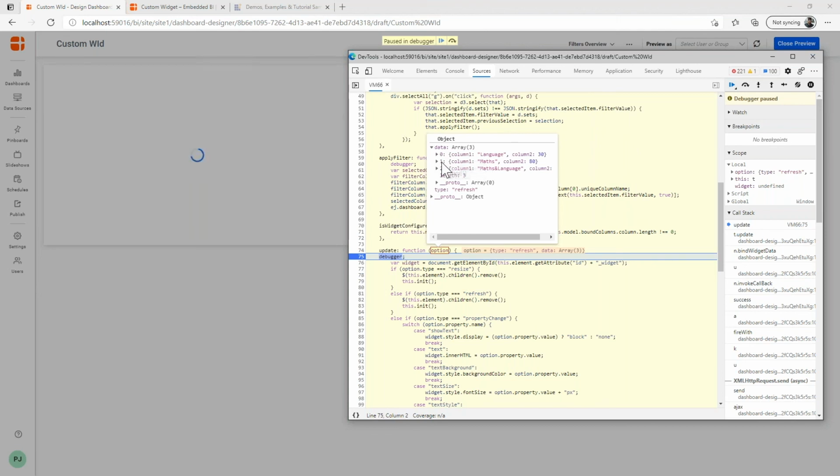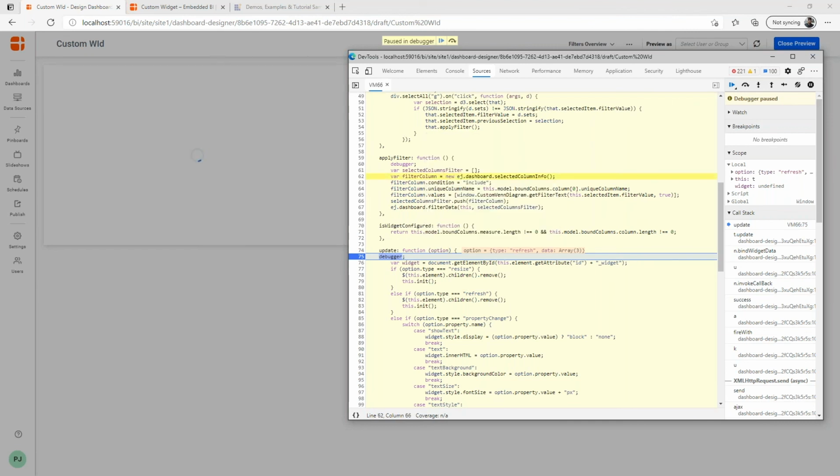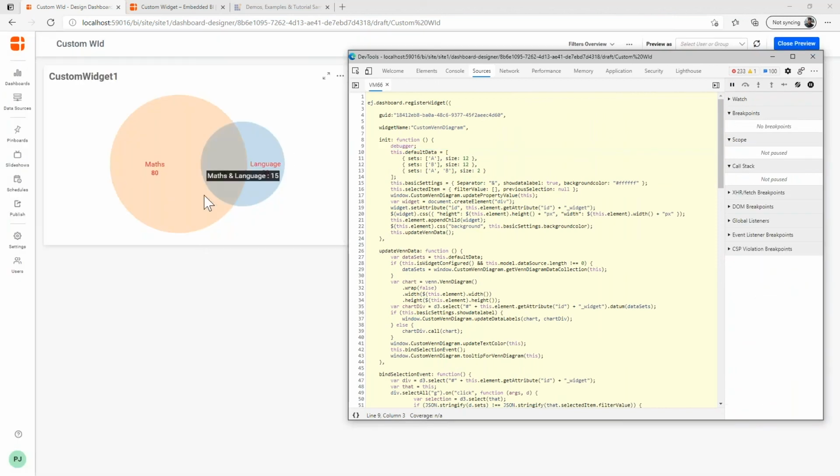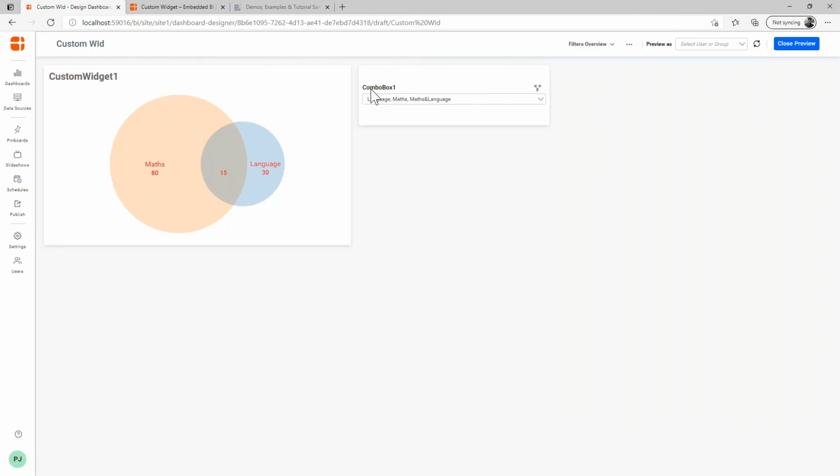I have selected only three values, and these three values are available in the data. So now I can execute this, and you'll be able to see the widget is rendered with the selected values. If you have implemented the update function properly for all these three update types, your widget should basically work well for any other interactions in the dashboard.